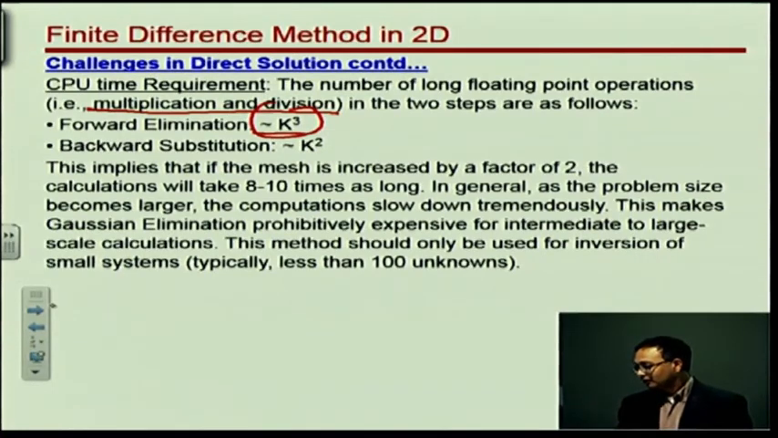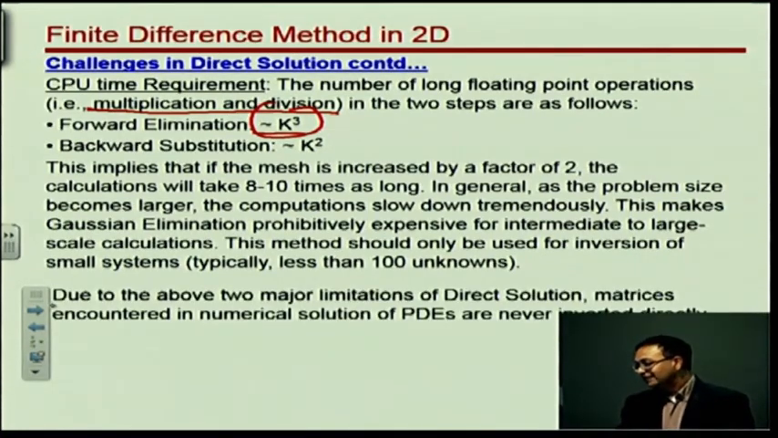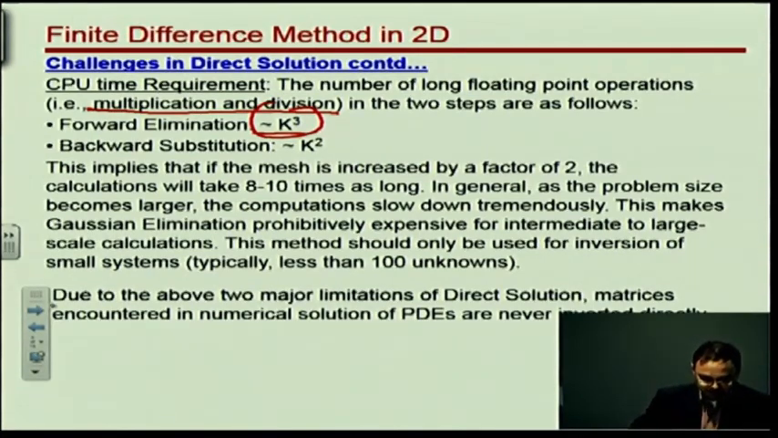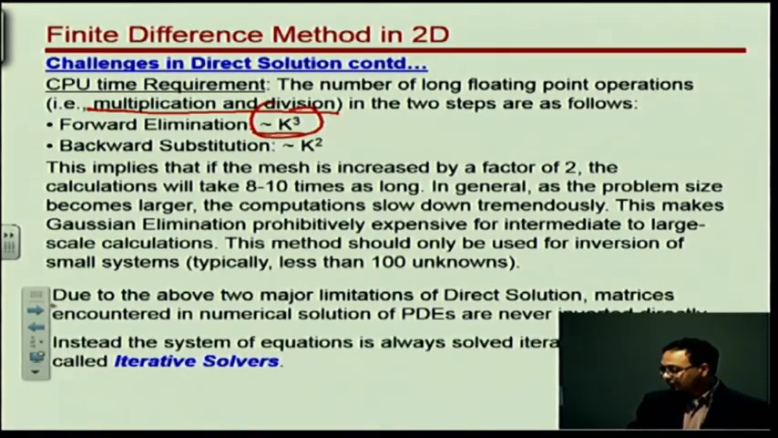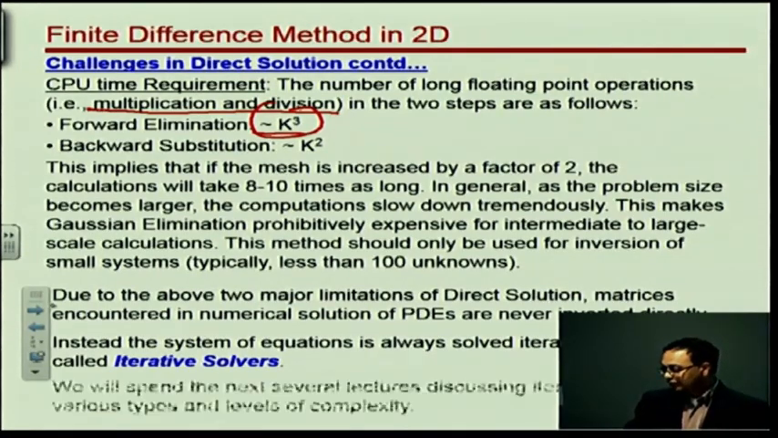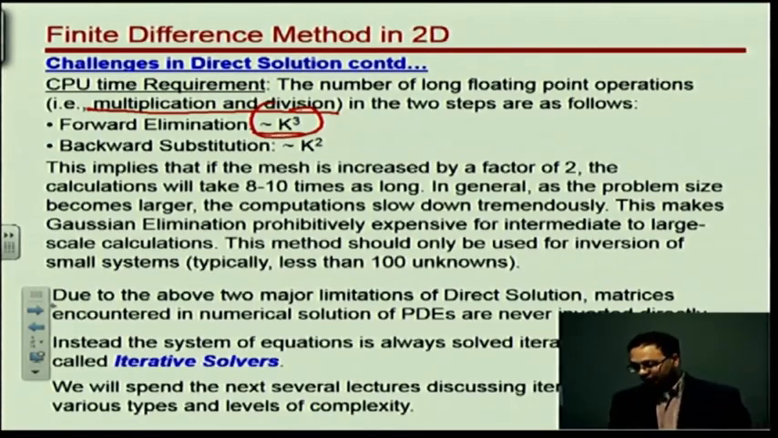So that's really the big issue we encounter, that we cannot use direct solvers. Typically, Gaussian elimination is not used for scientific calculations beyond about 100 unknowns. It's prohibitive, and that leads us to so-called iterative solvers. This is what we are going to be talking about for a long time in